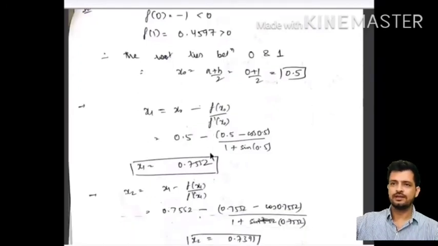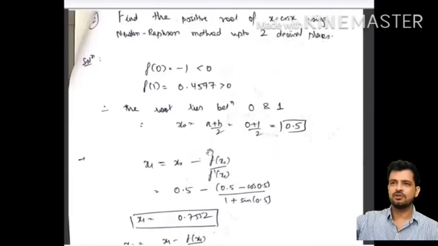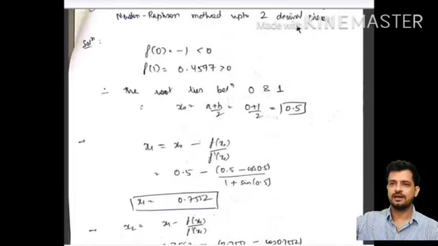See, here you have to take care. Here the given equation is in the form of x is equal to cos x. It is not in the form of equal to 0. So first of all you have to convert the equation into f of x equal to 0 form. So our f of x will be x minus cos x and our f dash of x will be 1 plus sin x, right? 1 plus sin x. So placing all these values, we have to find the answer.